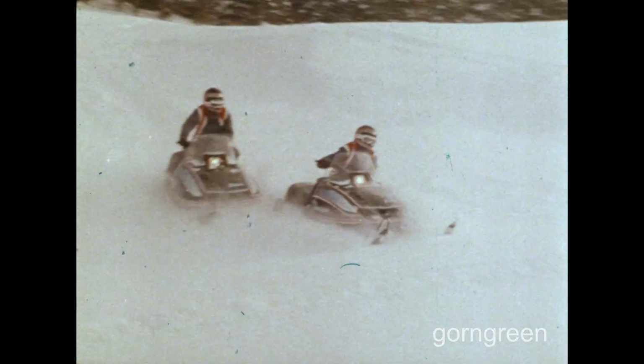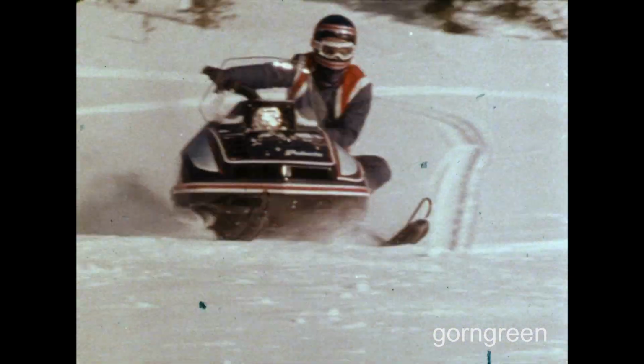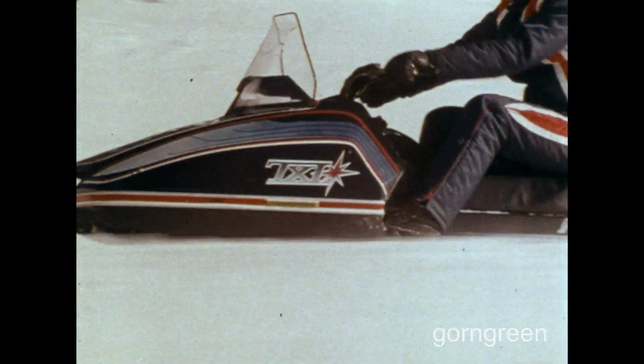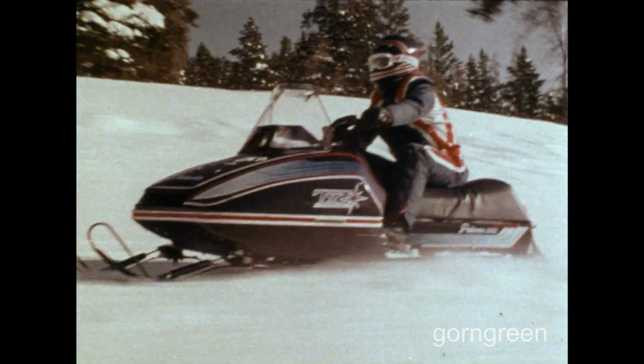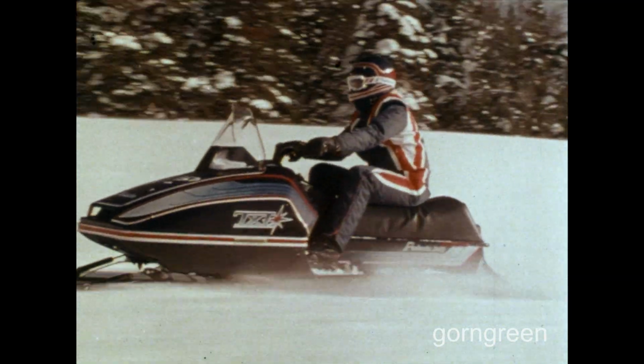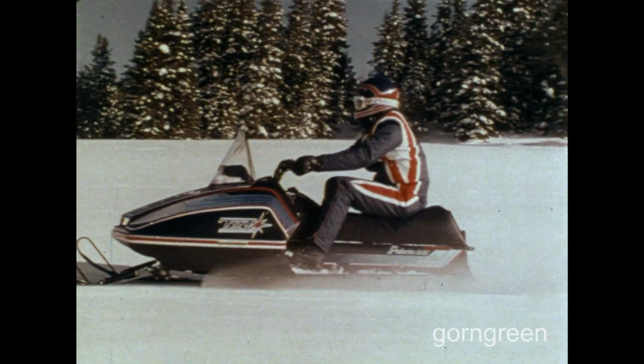Only Polaris, the company that knows more about race-tested trail performance than anybody, could come up with a pair of snow scorchers like the 1980 TXL and Centurion. Take on a Polaris TXL and you're taking on a straight shot of liquid lightning. If your high-performance priorities include acceleration, speed, stability, and maneuverability, it would be hard to find anything that matches the